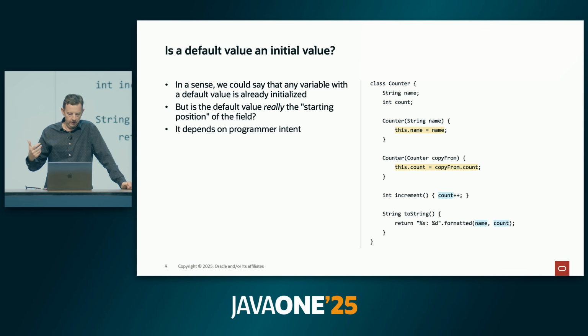And the risk that we want to avoid here is somebody calls toString and does the read of the name where the assignment to the name has never happened. And there's a way to get there based on using that second constructor. So default values, sometimes perfectly legitimate. Sometimes it's a bug and you need an explicit initialization.